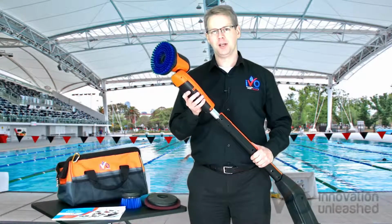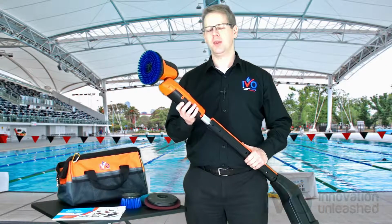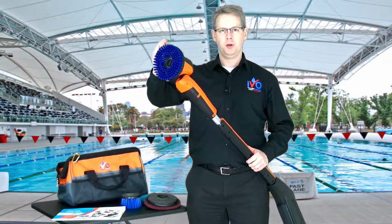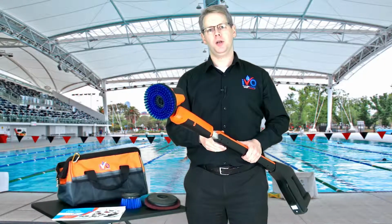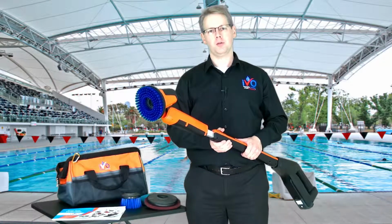The PowerBrush XL is a powerful tool when cleaning swimming pools and leisure centres. We have a variety of attachments, but one significant point is that the PowerBrush is waterproof from the head all the way up to this point on the handle. That gives extra safety when using it in swimming pools, including cleaning around the scum line at the top of